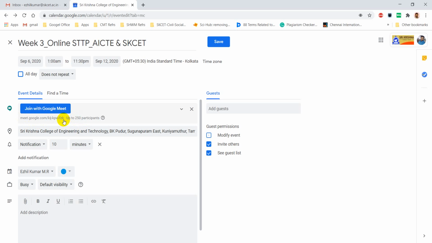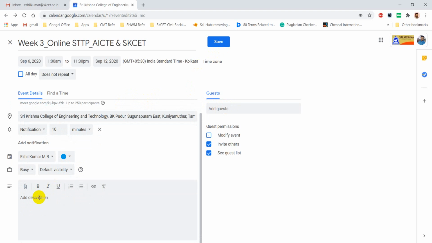In this link up to 250 participants can join, okay, and the notification will be intimated 10 minutes before daily, and the list of people you have to add here, okay. So when I add them, these people can join directly by clicking this link when you enable this link, okay.